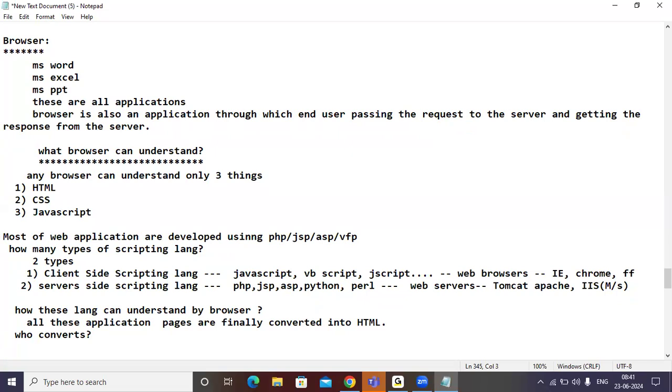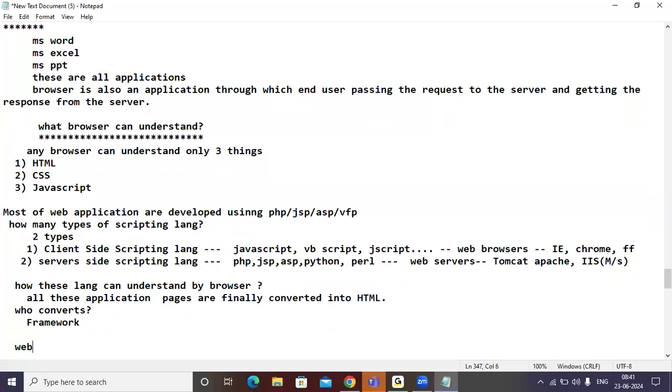Who converts the application pages into HTML? That is converted by the framework. Who converts here, guys? The framework will convert. So the web page is converted into what? HTML.